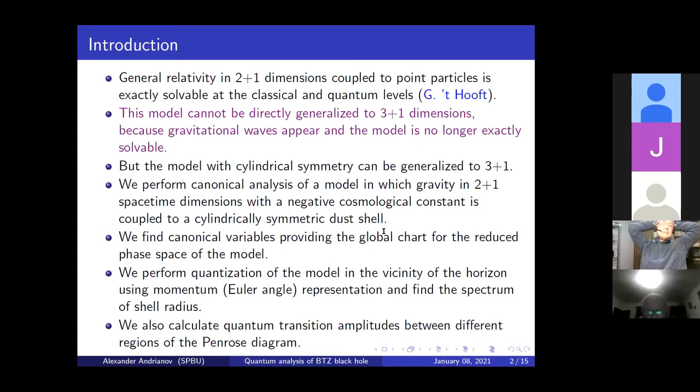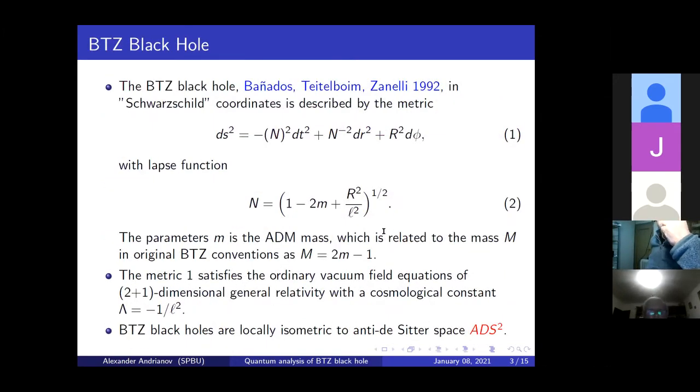And here I will present results around the horizon, which is also interesting, because classically you have a collapse, you collapse matter inside the black hole and nothing is going out. But after quantization, there is a penetration back. We will show the probabilities at the end.